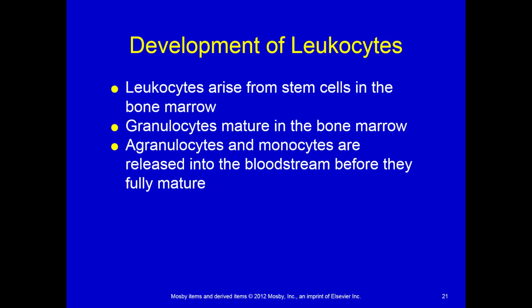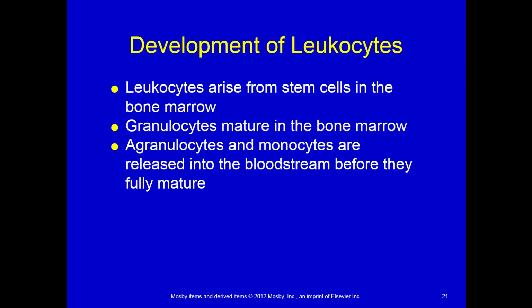All right, any questions about red blood cells and the functions of red blood cells before we talk a little bit about development of white blood cells? Okay, so development of leukocytes. Again, leukocytes arise from the stem cells, right? Just like we talked about when we talked about the overall general blood formation. Leukocytes arise from stem cells just like red blood cells do in the bone marrow. Granulocytes mature then also in the bone marrow. And agranulocytes and monocytes are released into the bloodstream before they fully mature, right? So granulocytes mature in the bone marrow, but agranulocytes and monocytes are released into the bloodstream and then go to some of those